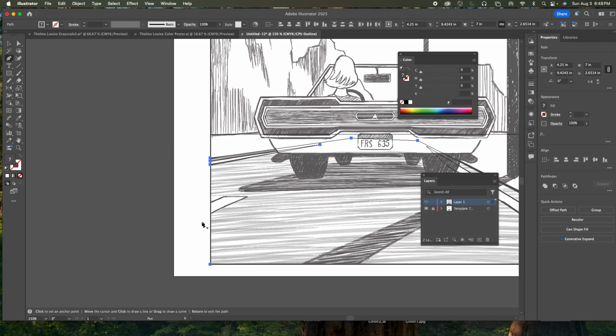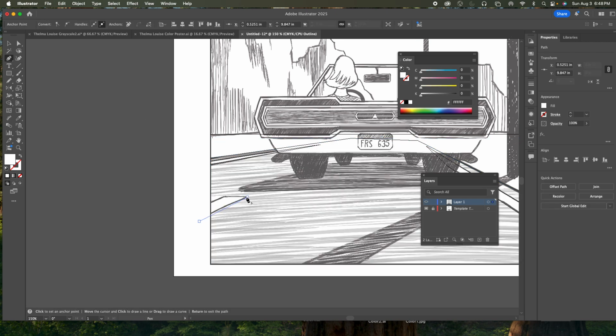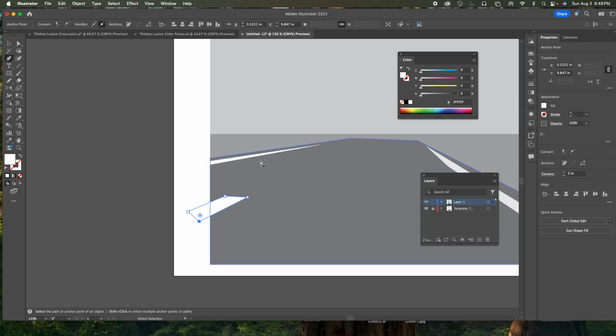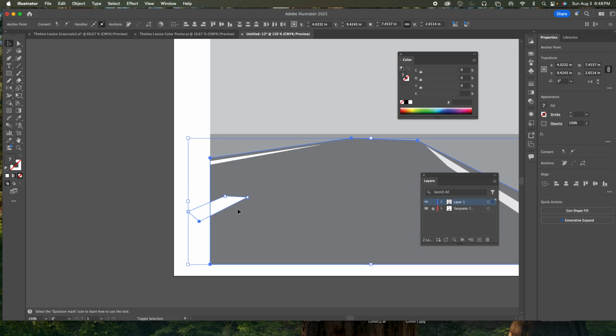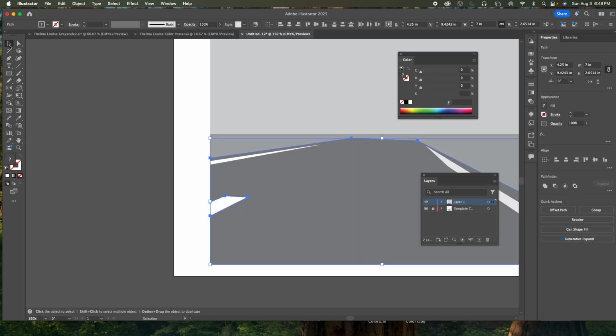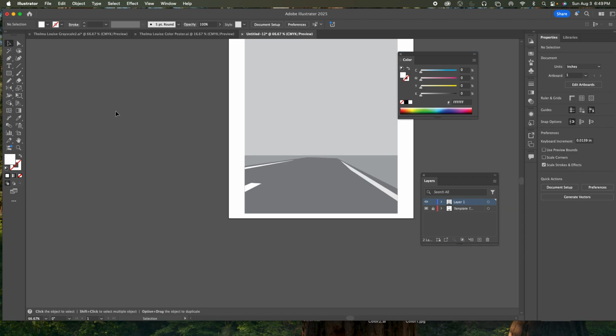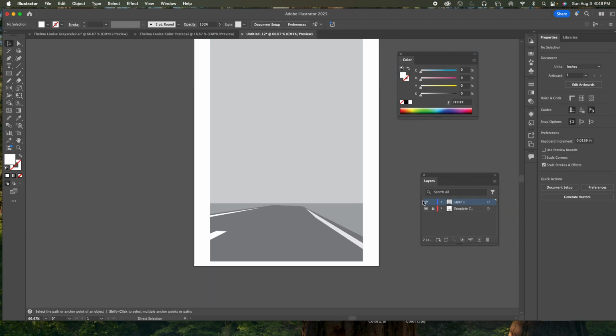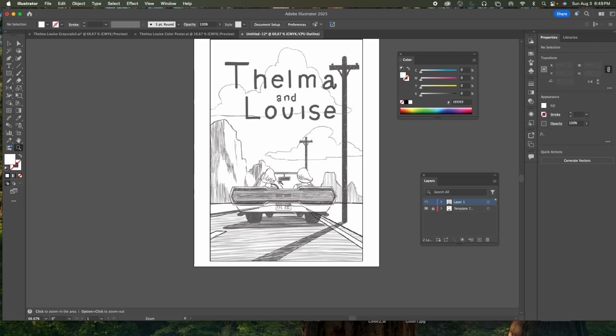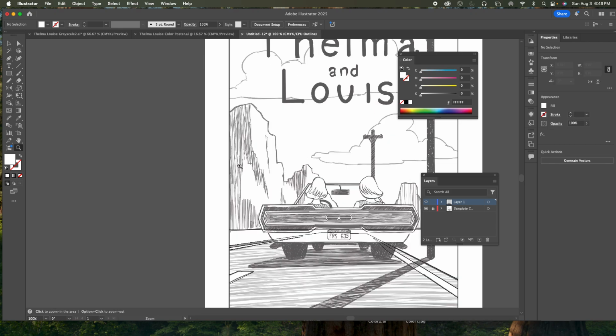Okay, so now let's build this next for the little line that goes down the middle. And I was going to put more of these dotted lines going back, but then I realized that they're being covered up by the car. So that's why I only have this one here. All right, so Shift M. That is, I did Shift M to bring up the shape builder tool. Now I hold down the Alt key, and then I get rid of that. All right, so let's continue on. I want to go as fast as I can because this can take a little while here. All right, so next I'm going to make this mountain here,